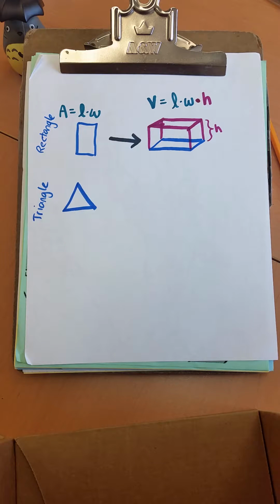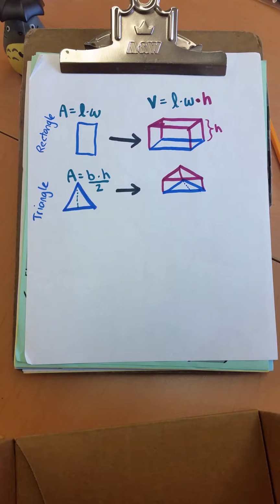How do you find the area of a triangle? The area of a triangle is just the base times the height divided by 2, because it's half of a rectangle. Once again, imagine the triangle is laying on the ground, and all of a sudden, it pops up into